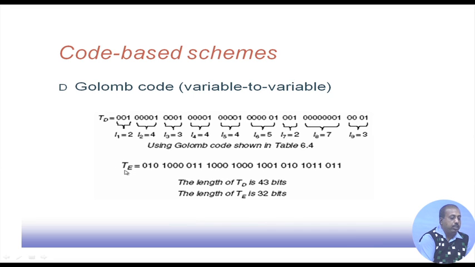So, when we do this encoding, this comes down to 32 bits. Now, this is a very common situation, and in fact, we can do many more modifications to the test pattern set, as we have already seen that the test patterns will have a large number of don't cares. These don't cares can be filled with 0, so that the Golomb code will be benefited, because it will find a larger number of larger run lengths of